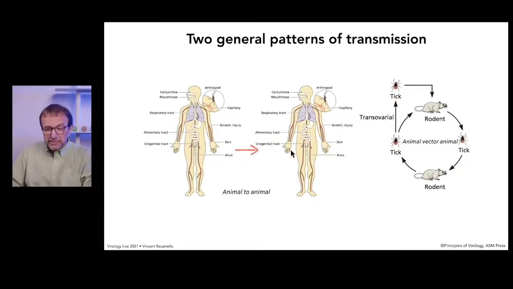But some viruses are not spread directly from human to human. They may be spread, say, by mosquito bites. Here, this particular mosquito, as we've talked about, taking a blood meal can spread viruses. And so here's an example of that with a rodent virus, a virus that infects rodents, which is transmitted from rodent to rodent, say, by a tick. The tick takes a blood meal, picks up the virus, infects another rodent. And in the wild, these interactions occur all the time. So animal-animal or animal-vector-animal, two general patterns of